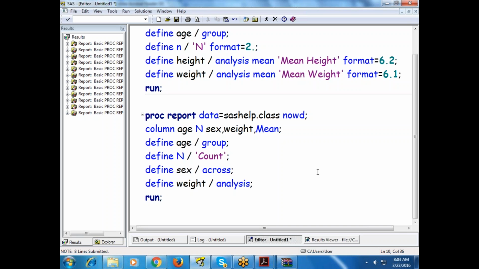So the first thing I am doing is define age slash group. What happens? It will turn age into categories. 11 years age group, how many are there? It will give the count. 12 years age group, how many are there? It will give you the count. Okay, fine. Next one,